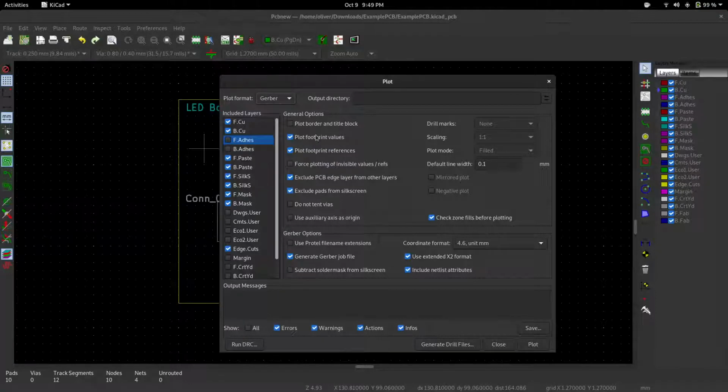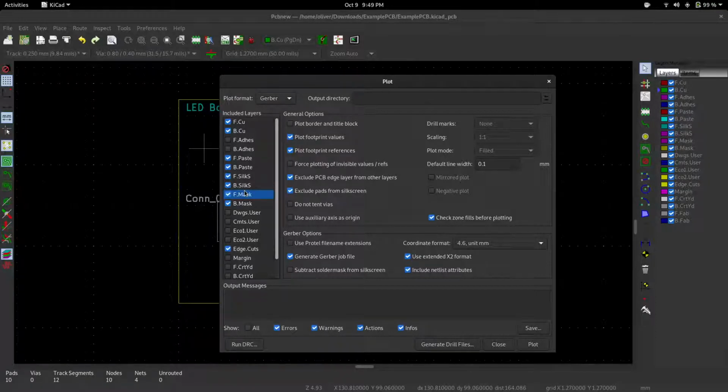There's a lot of settings you can do here. You can include or not include different things. You can have silk screen. Oh, last thing, solder mask. That's another layer that's included. Solder mask is a material that repels molten solder. So you put it around stuff so that when the solder melts, the solder only goes in the places that it should. If you ever did a crayon resist in elementary school, you might be familiar with this concept,